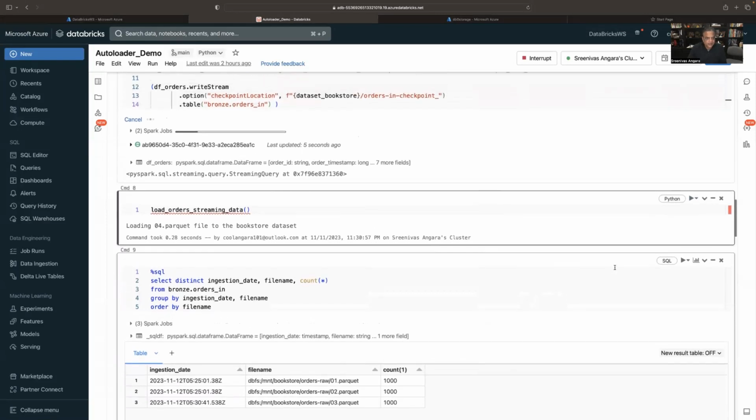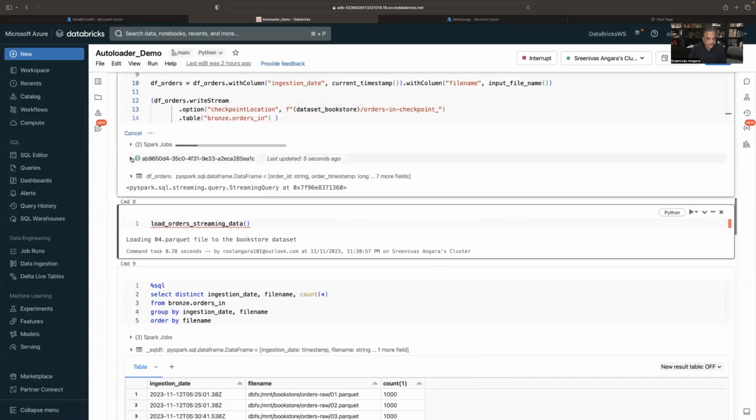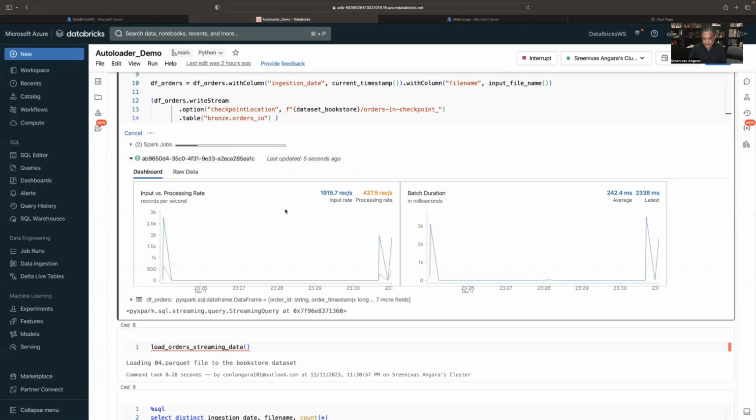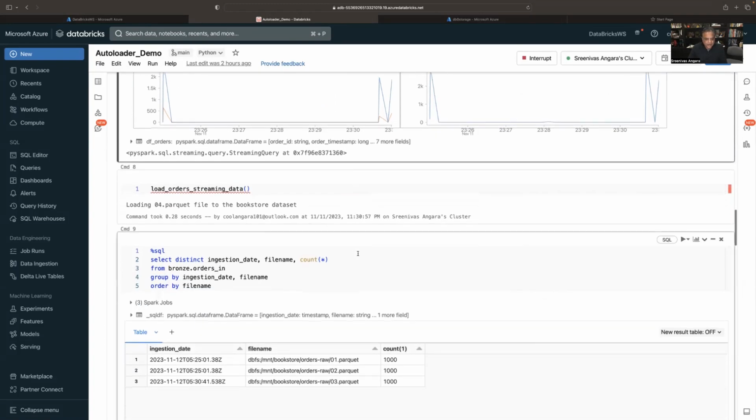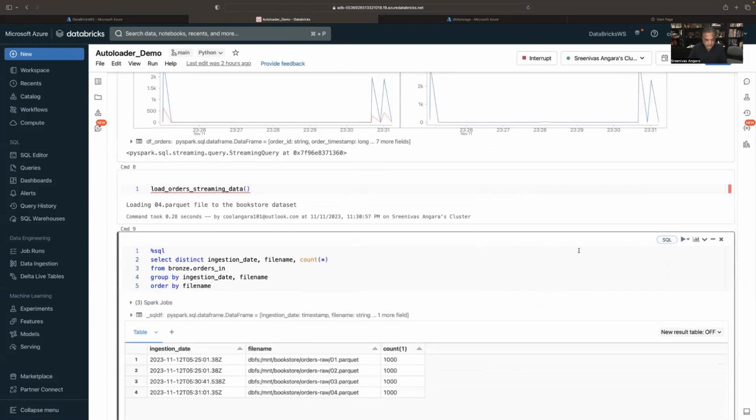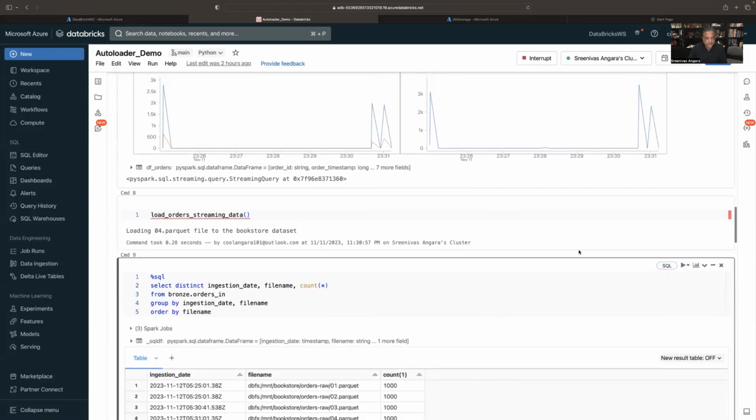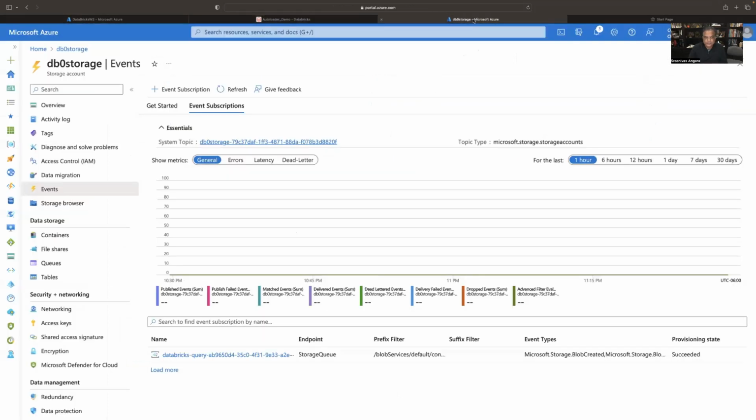And then I'm actually going to go in here and click on this and show you we got 2 spikes because I brought 2 files into the bronze layer. And so now, if we run this query, we should see 4. So we have 4 files. And if I go into my storage,